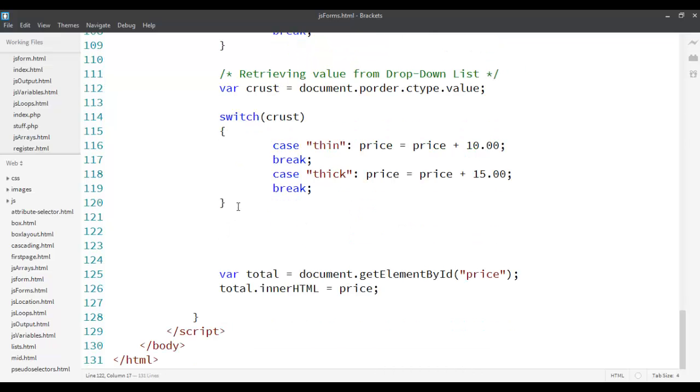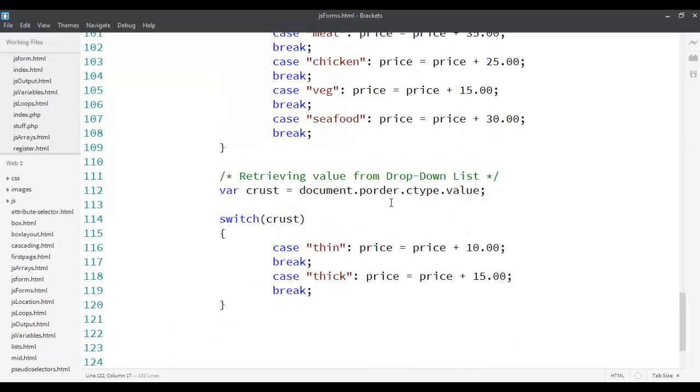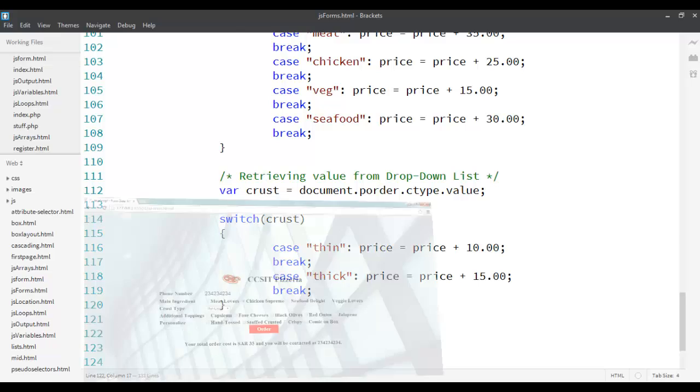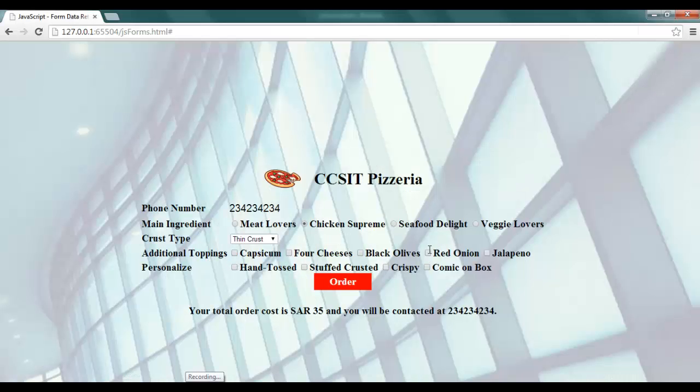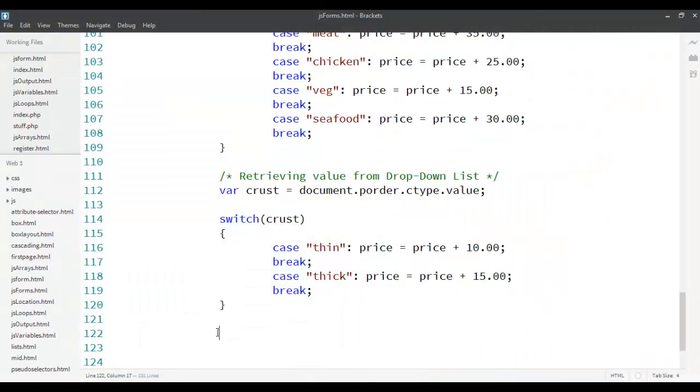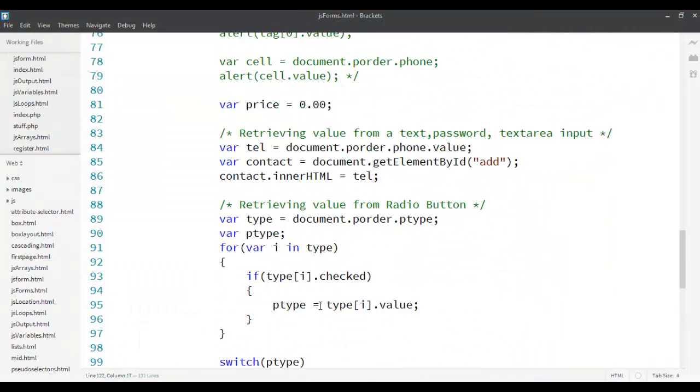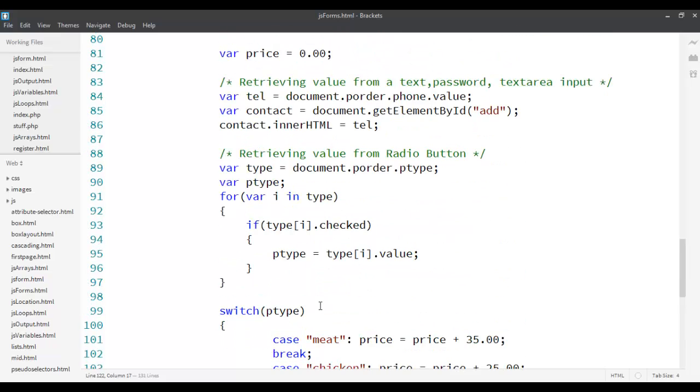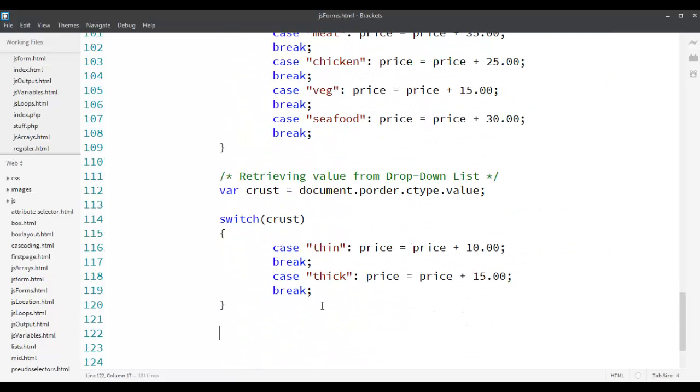Now the next thing we need to do is get the input from, let's say, the last one, which is over here. What we have over here is our checkboxes. Checkboxes allow us to select multiple items at the same time. Now how do we select that? There are two ways of doing that, so that's why I have two checkboxes to show you